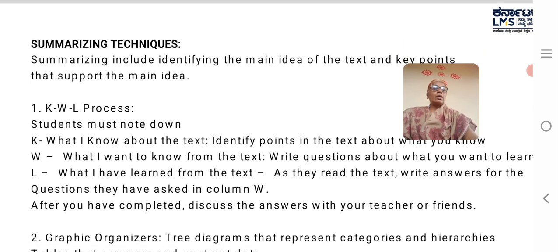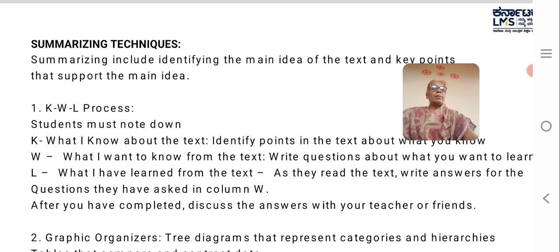For summarizing, we need certain techniques. Summarizing is the ability to identify the main idea of the text and the key points that support the main idea. So the process goes like this. Try to note down